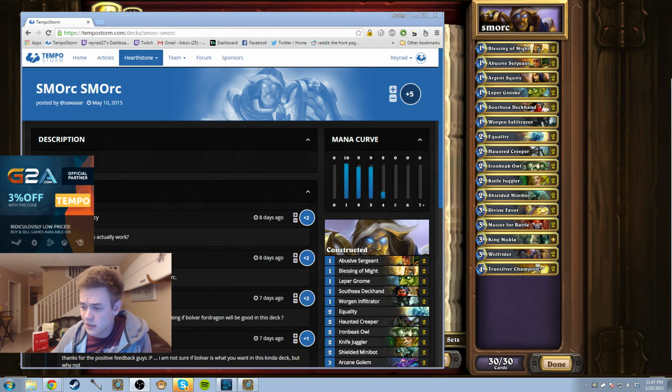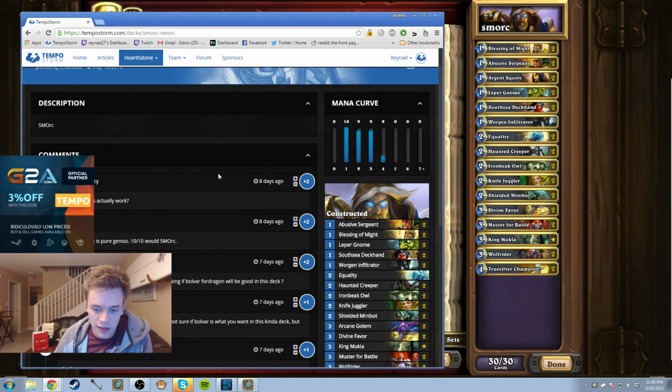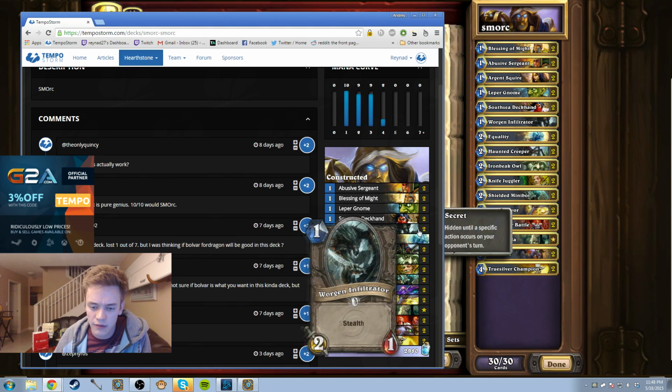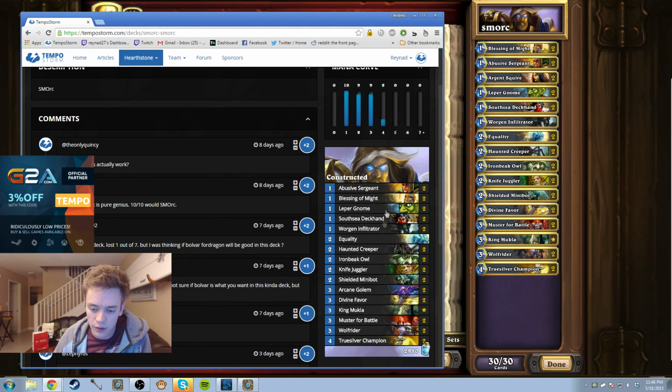So this is a list I found on the website. It's called Smorc, posted by Sawar, and this list was a little different. He has Arcane Golems, he's got 2 Worgen Infiltrator, 1 Equality only, and I made some changes after playing a few games with it that I think just make it a little more consistent. I'm not sure if it's better. Arcane Golem definitely might be a card that I really want,